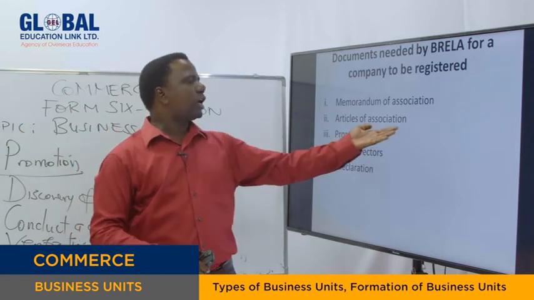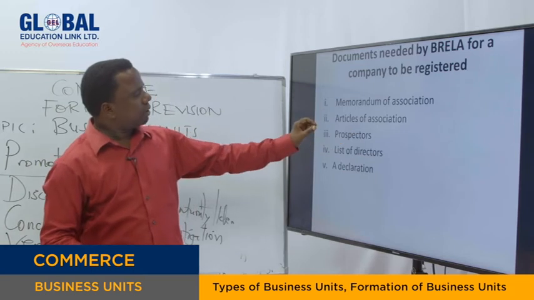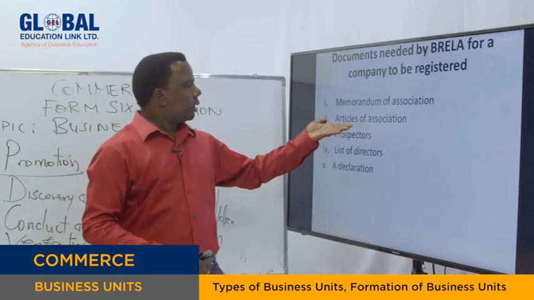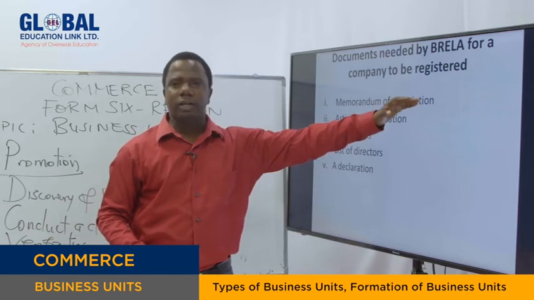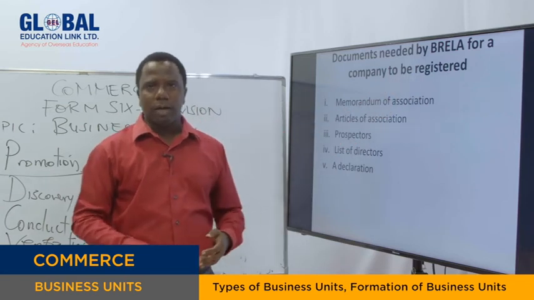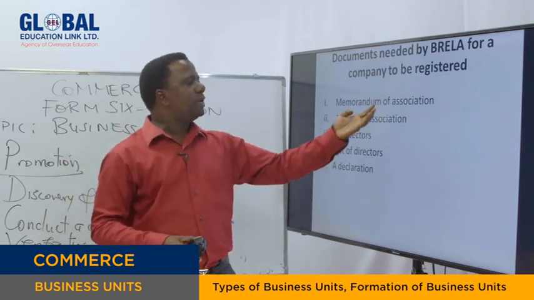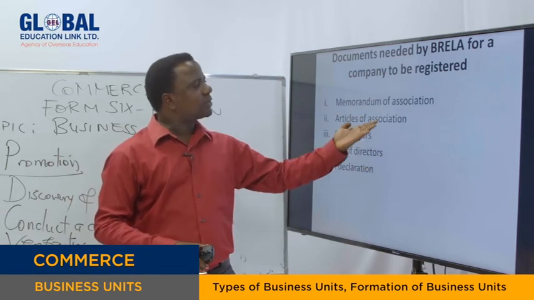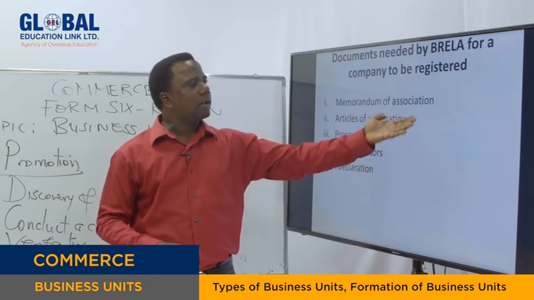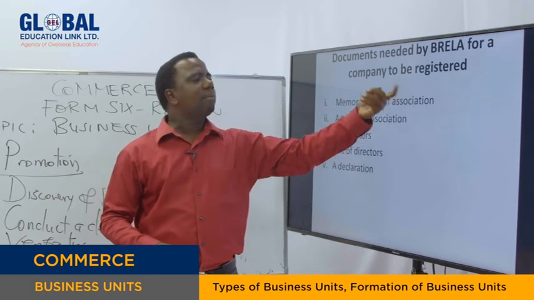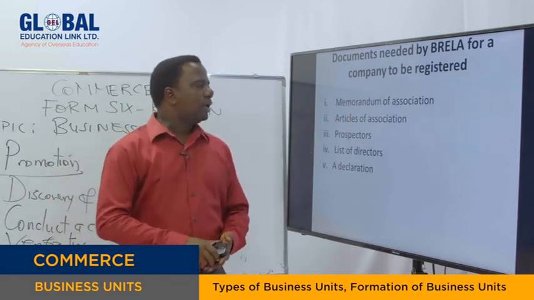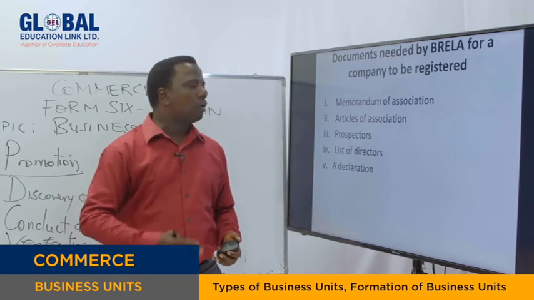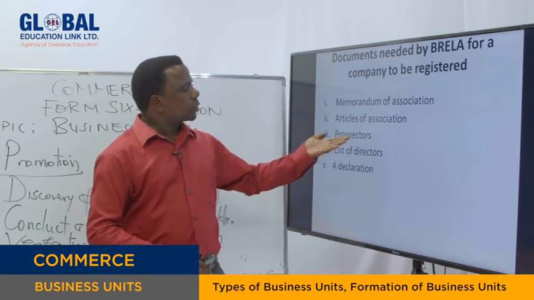While Articles of Association is for internal operation, Memorandum of Association is for external use. If outsiders need information regarding the company, when they see the memorandum, they will understand everything. But Articles of Association deals with internal operation. While prospectus